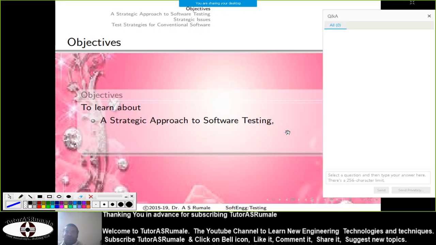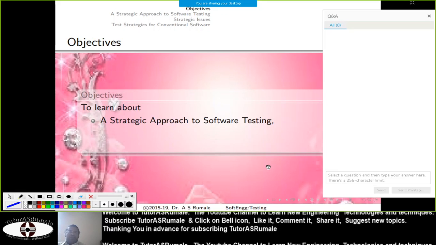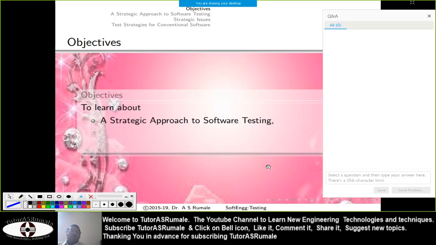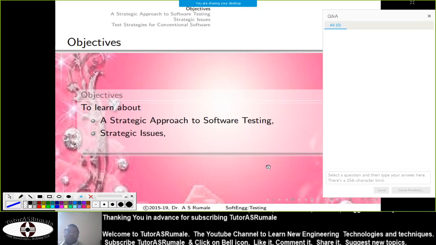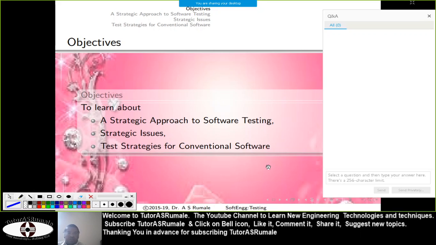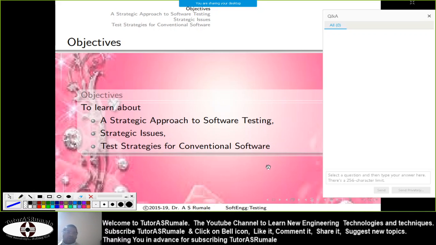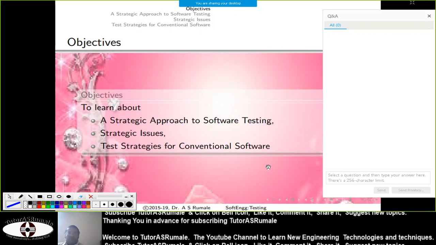So let's see what our objectives are. We are going to learn the strategic approach to software testing, or in other words, the software testing strategy. Then the strategic issues: what are the challenges that come in a testing strategy? And then what are the test strategies for conventional software? There are two types of software.